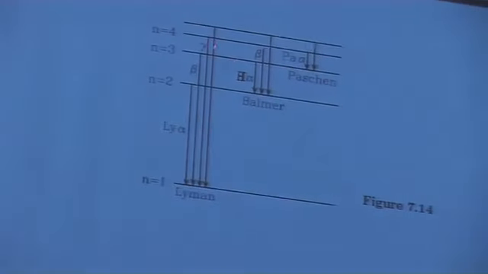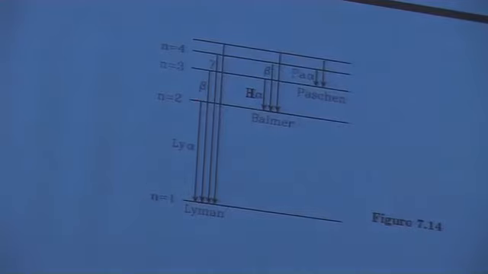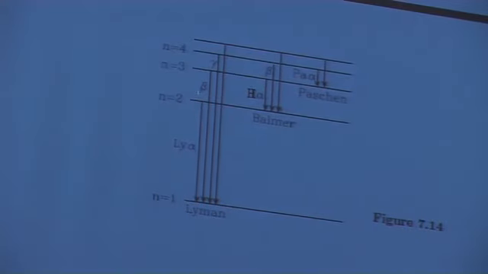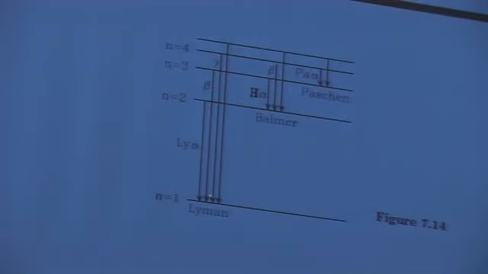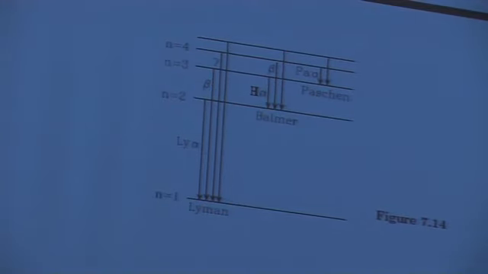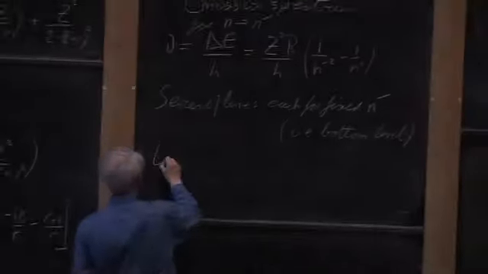Here is the energy of n equals 1, here's n equals 2, here's n equals 3, and Lyman alpha is the name used for the spectral line associated with an electron tumbling from n equals 2 down to n equals 1. Lyman beta is associated with from n equals 3 down to n equals 1, which is further to fall, so it emits more energy, so the line appears at higher frequency, shorter wavelength. So the Lyman series